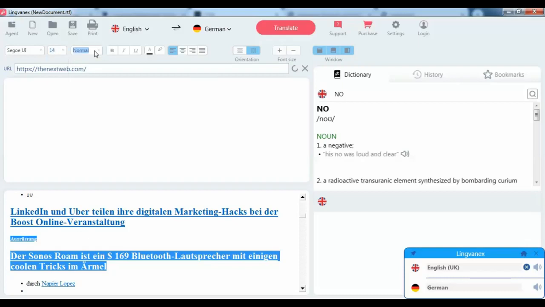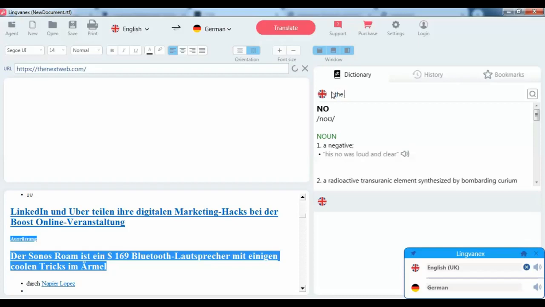You can bold it, italic, and underline option is also available. You can set alignment of your translated file from this option only. Lingvanex is providing you all the options in one place. You don't need to go to MS Word or anywhere.